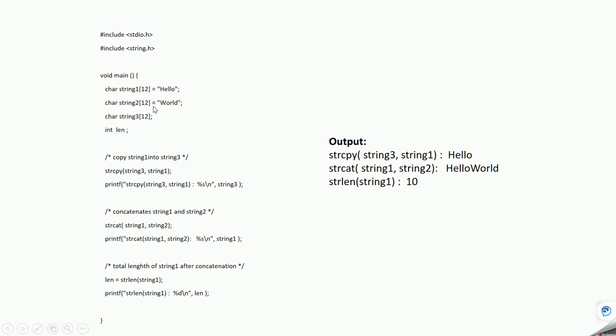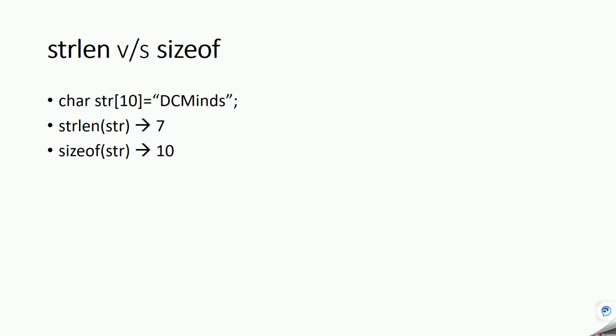Okay, let's see another concept. We have other functions called strlen and sizeof. strlen will return the length of the string, basically how many characters are there in the string, and sizeof will give you the size, meaning the capacity of the string.